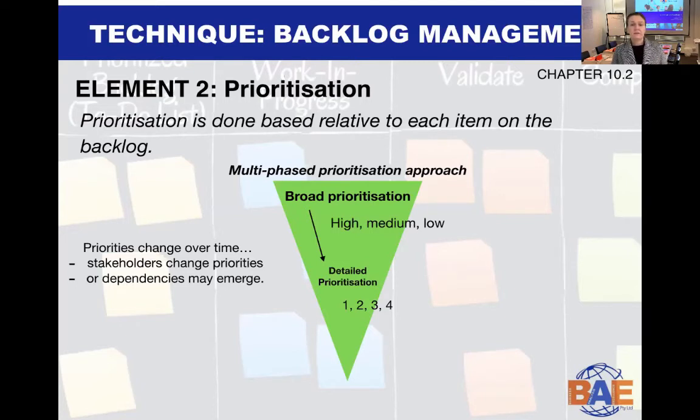So then what you might do is say, okay, all the high items that we've broadly prioritized, let's have a little bit of a look relative to those items, relative to each other. In a more detailed way, how does the priority sit? So you might say, okay, for all of the category high items, we might break these down by using numbers of priority. So you might say high item number 1 is our absolute top priority of the entire backlog. High item number 2 is our second priority, and so forth. So that way you're able to manage some of the priorities on the backlog.